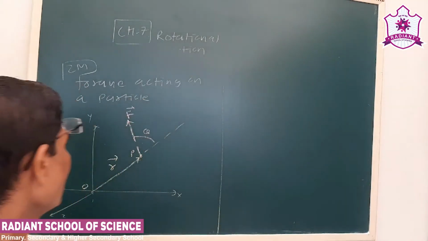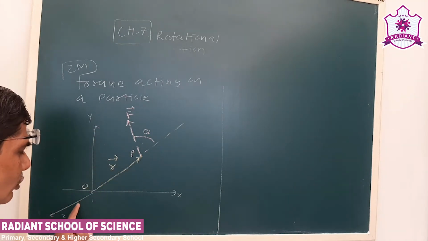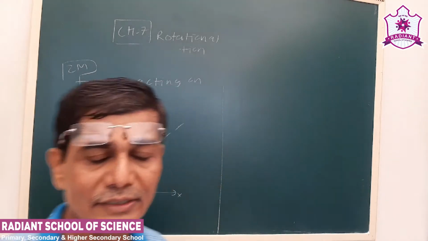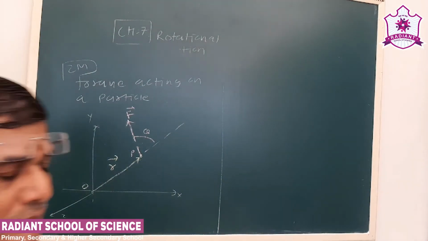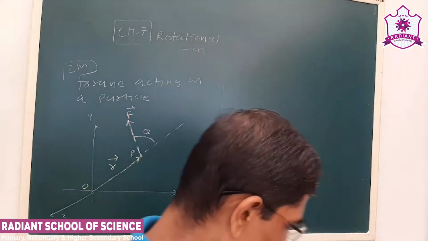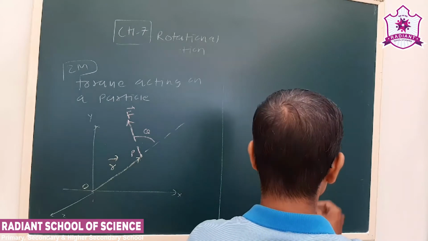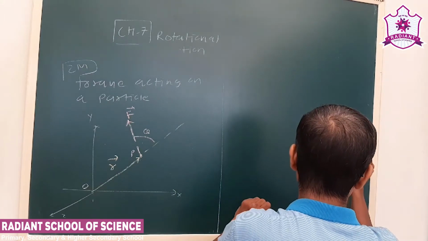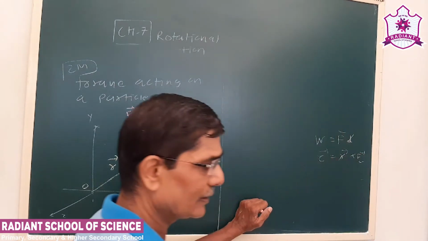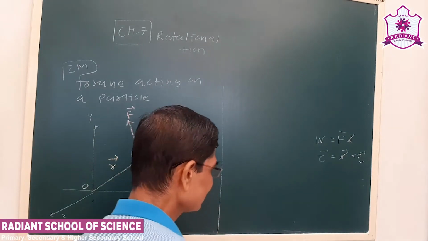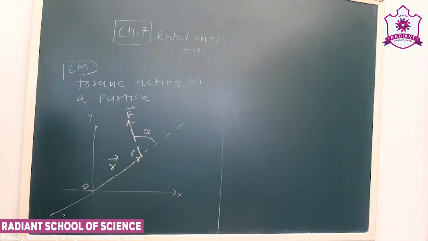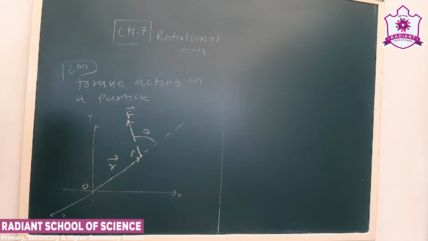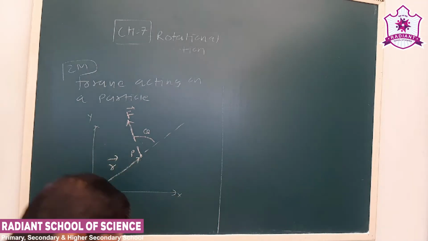Now see, R is a position vector. OP is R, and force acts at angle theta with respect to R. Torque we have obtained is given as R cross F. Now torque is a measure of effectiveness of the force. Work done was in lesson number 6, force into displacement. Torque is R cross F; here also force is there, displacement is also there, but it is important how the force is applied. So torque is a measure of the effectiveness of the force.